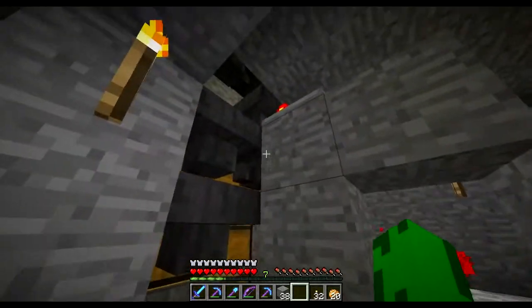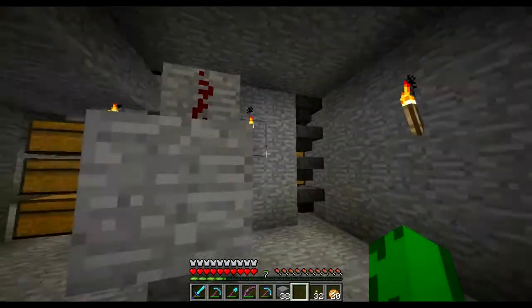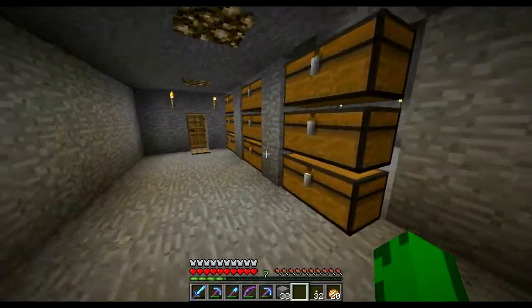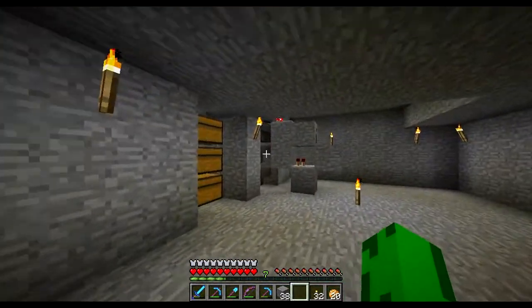You can see them starting to trigger, and see how, as it goes up, it's filtering them through, and they've all filtered through, and that's it. It's processed all of them, and now they're all in the bottom chest. So pretty simple. It's a somewhat complicated design, but it's relatively simple in its concept and execution,